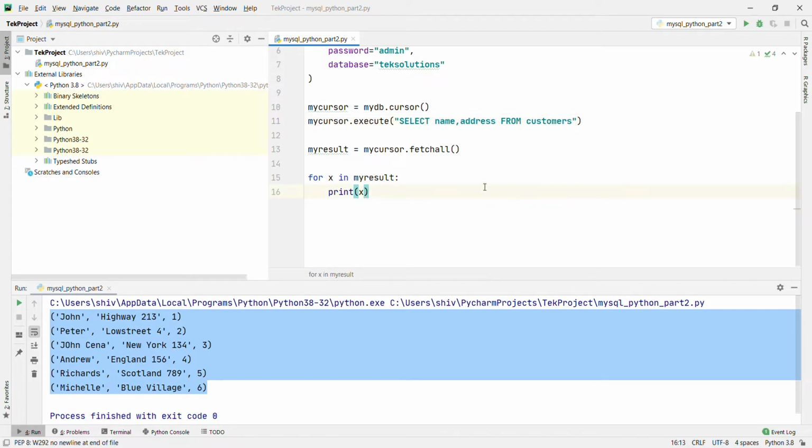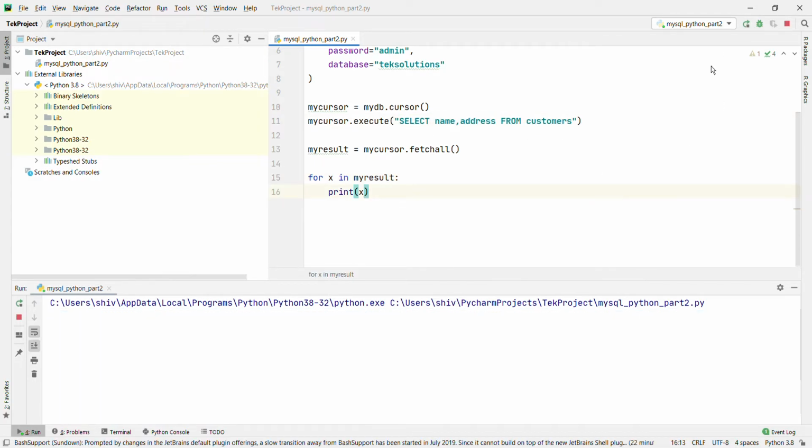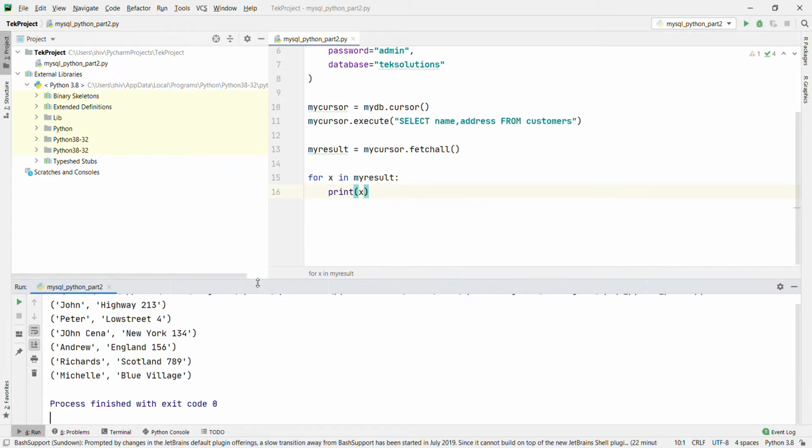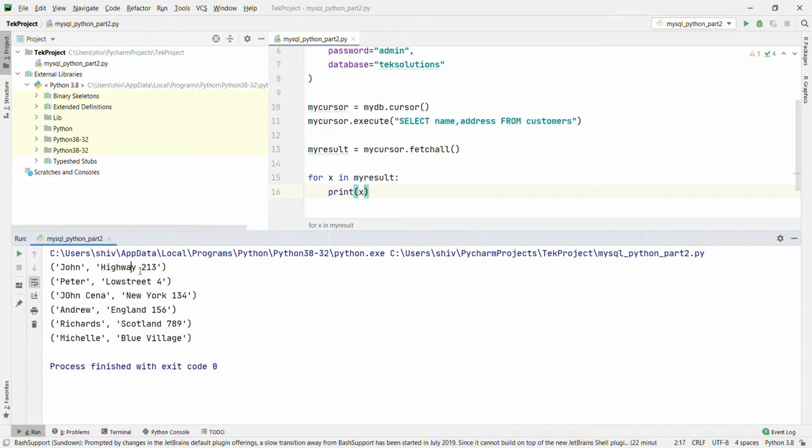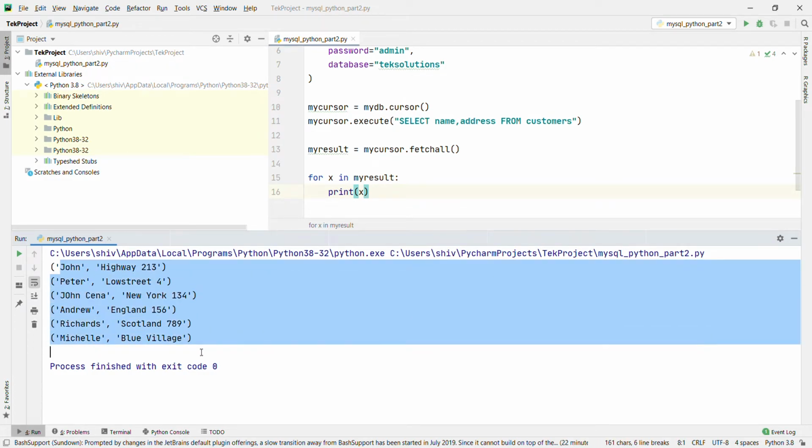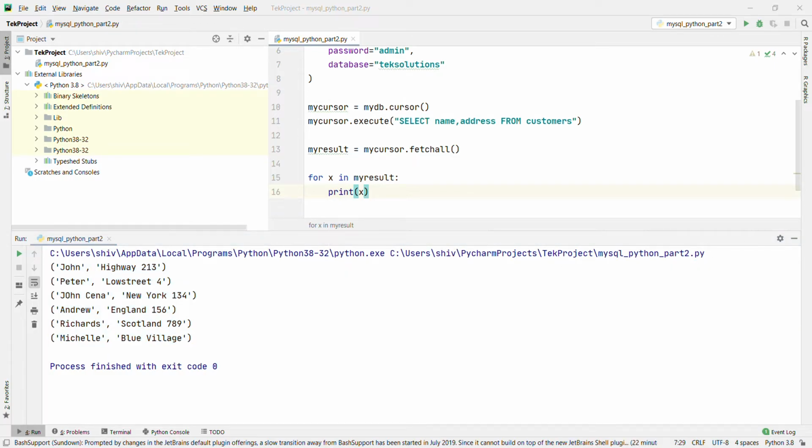Then we fetch only the particular columns that we pass in the query, select name and address. Okay, let's run and see. Right, you see it, right? John, Highway, Peter, Lowstreet, John Cena, New York 134. We are getting only the name and address.